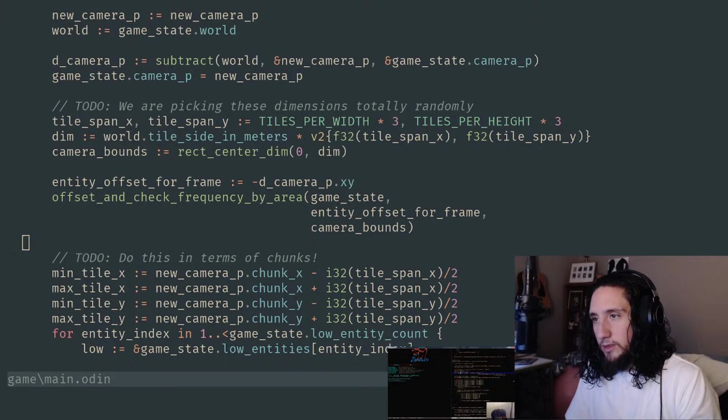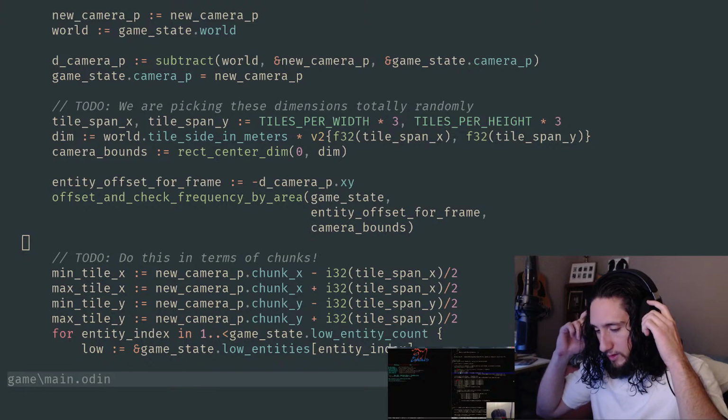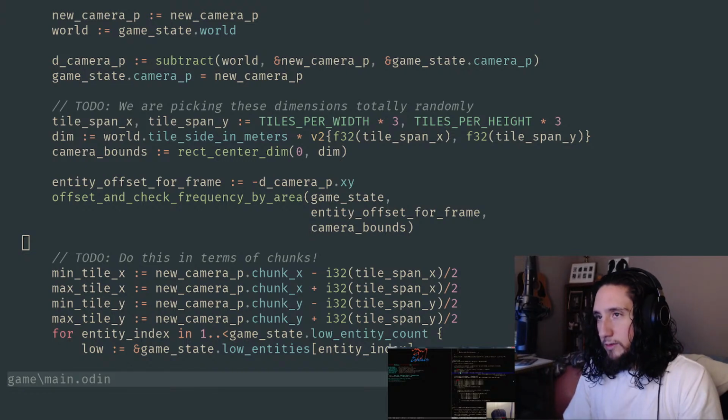That's wasted time and effort by the CPU doing things that are not actually contributing to what is happening on screen, right? So I can understand and appreciate where we're at and what we're trying to accomplish.